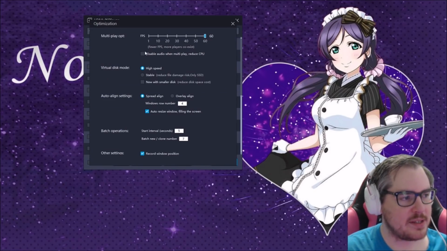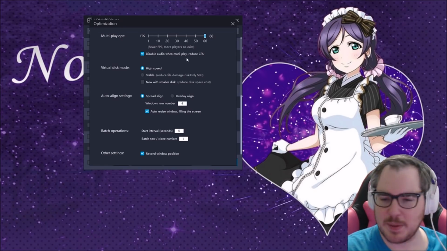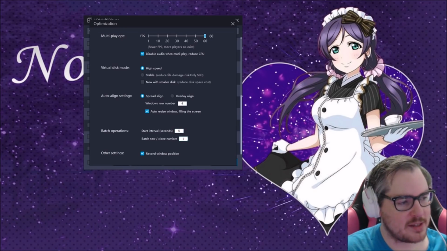And I would disable audio when multiplaying to reduce CPU. There's no reason to have audio going while you're doing multiple things like this. So I disable that. A lot of people can't figure that out, so make sure you do that and then re-enable it when you want sound to work. I would also click this to high speed here, and I would go to batch operations,